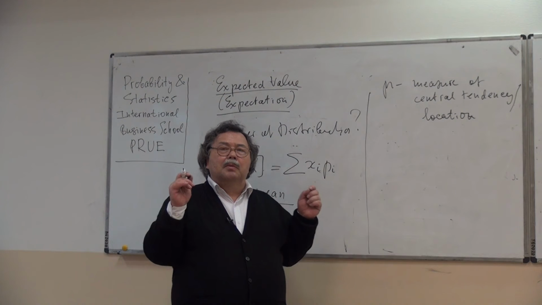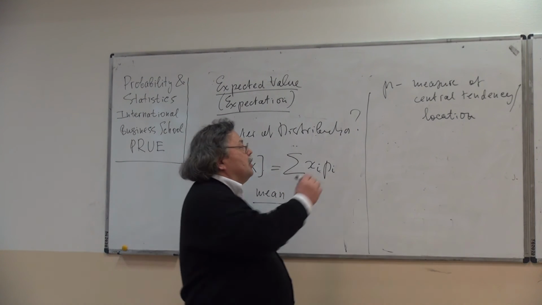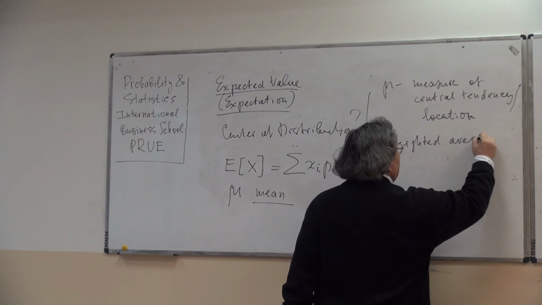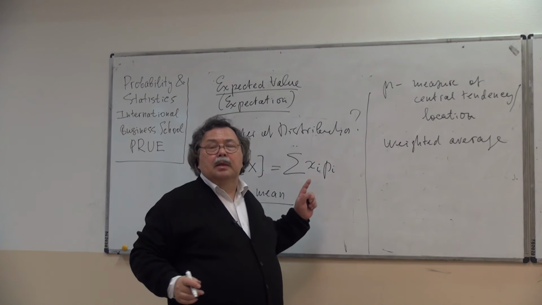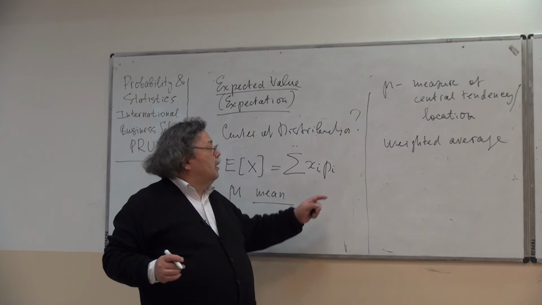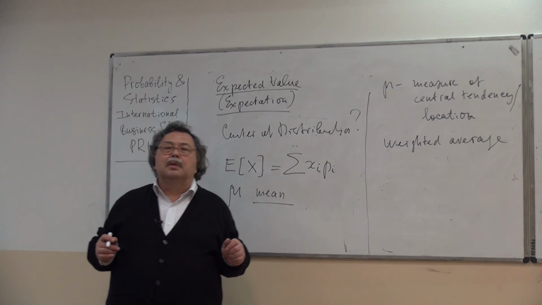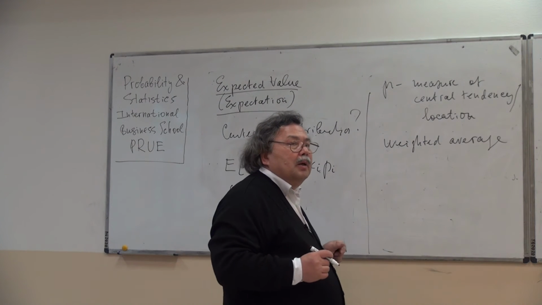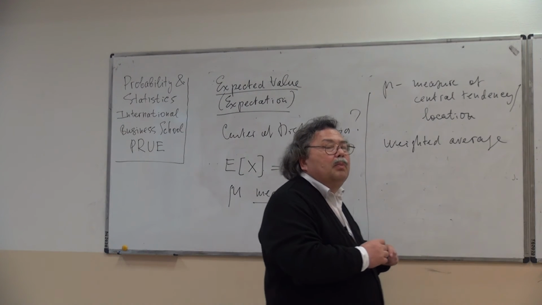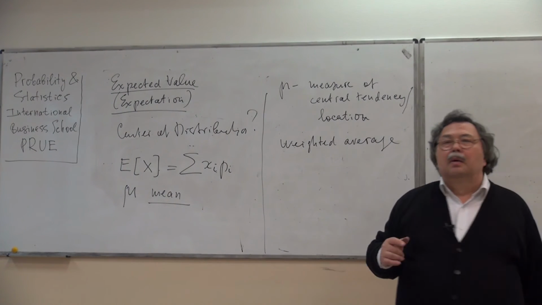We can, from the mathematical point of view, consider this as a weighted average. In this weighted average, the possible values of x are averaged with the corresponding probabilities used as weights. Are you acquainted with the concept of weighted average? I hope you are. Then these are the weights here, okay? And because the weights here are all positive, being probabilities, and sum up to 1, we can conclude